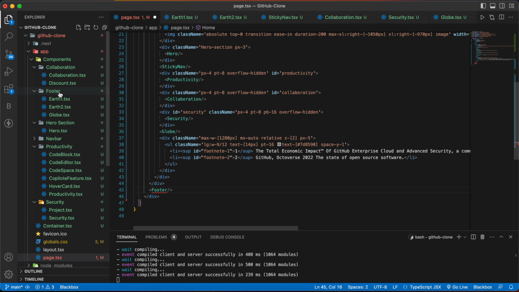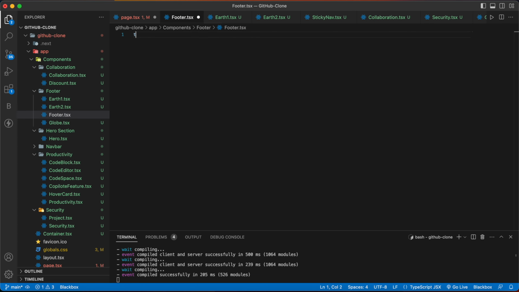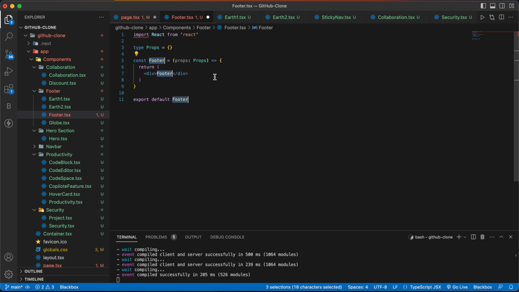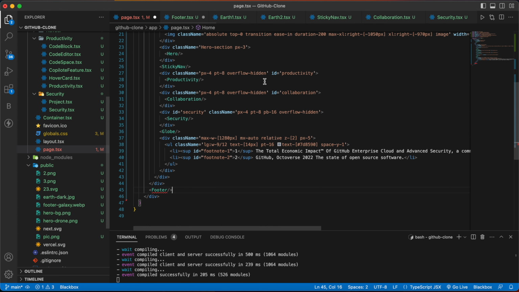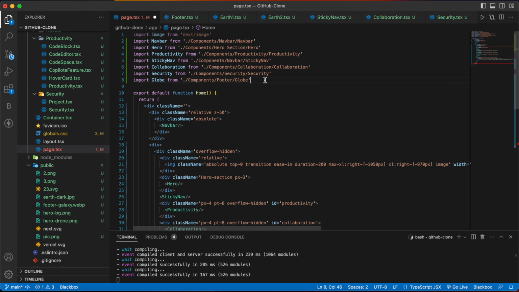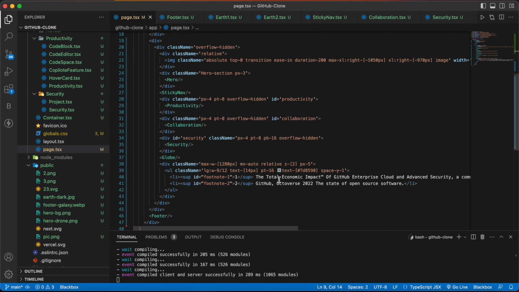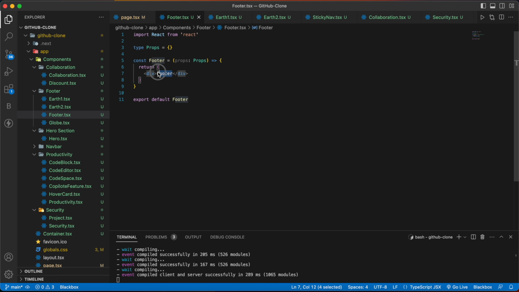And now let's go back to the footer and make our footer component here, footer.tsx, tsrafce, and now let's import it to the page. Import footer. Now save it. So inside footer we don't need to import anything,